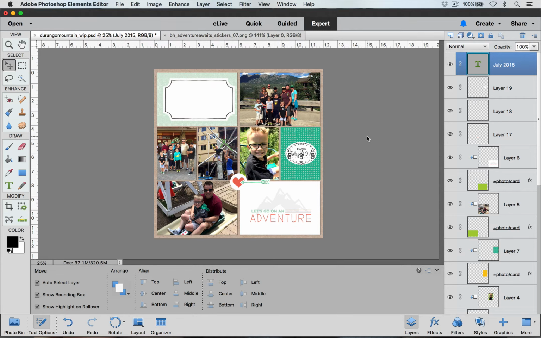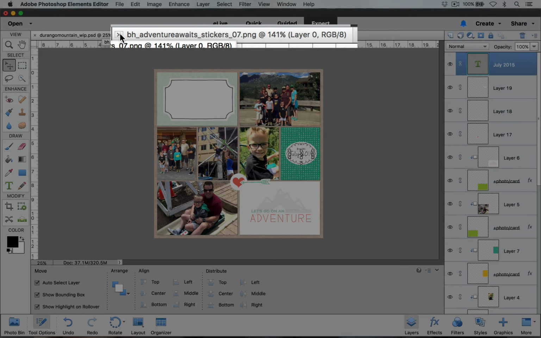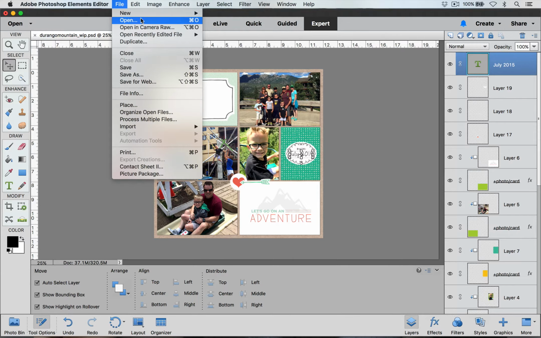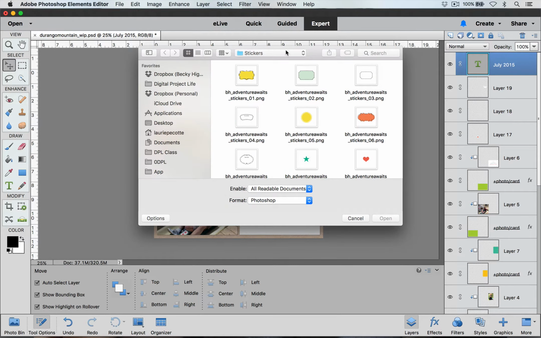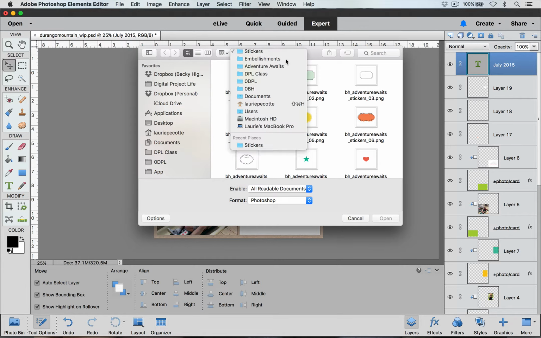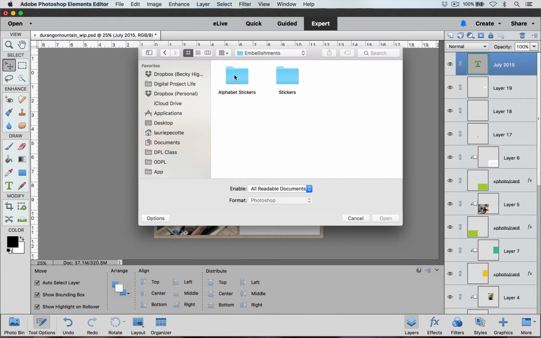Now that we have our date sticker in place, we can go ahead and close down this tab by clicking on the X. What I'm going to do next is use some letter stickers to add a title up in this card right here. So I'm going to go to File and Open,